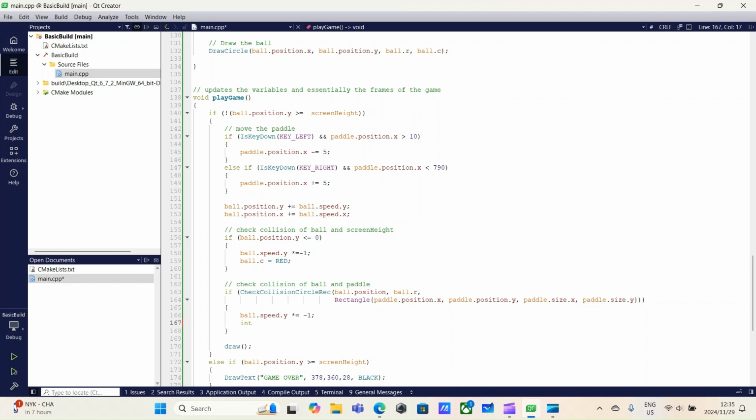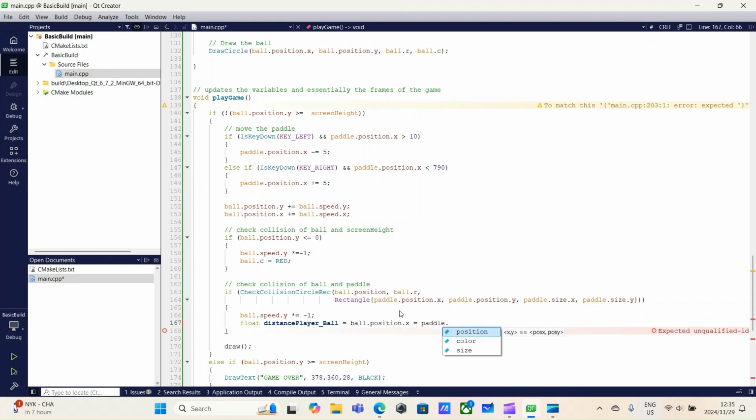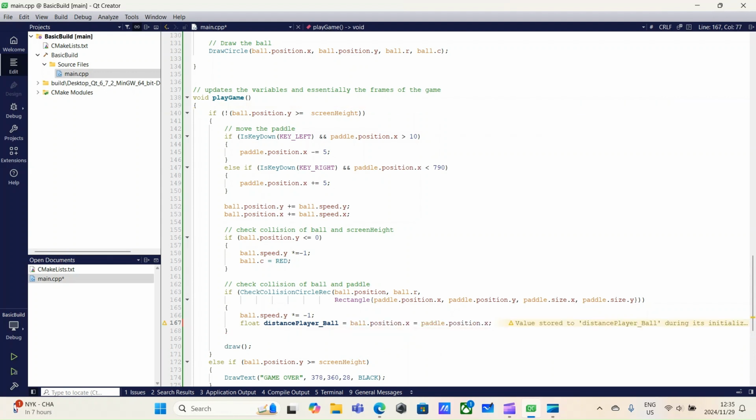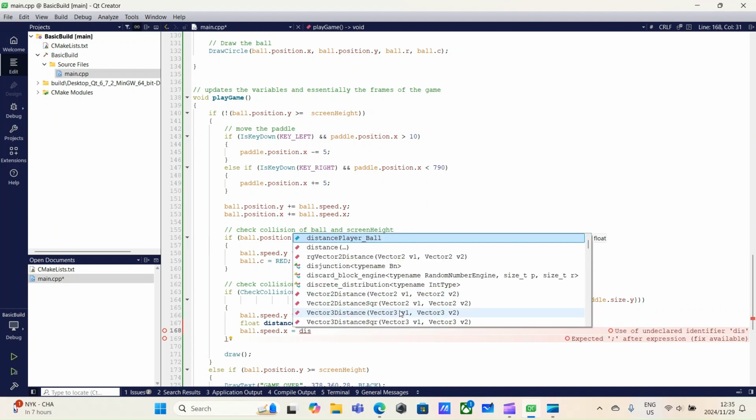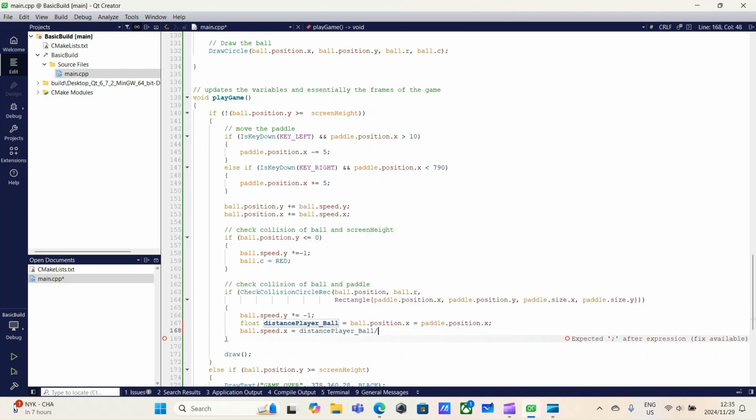And then create an integer called distance. My mistake, it should be a float. Distance between the player and the ball, which is the ball.position.x minus the paddle.position.x. I then say the ball.speed.x, this is to change the left-right direction of the ball, is equal to distance player ball divided by,